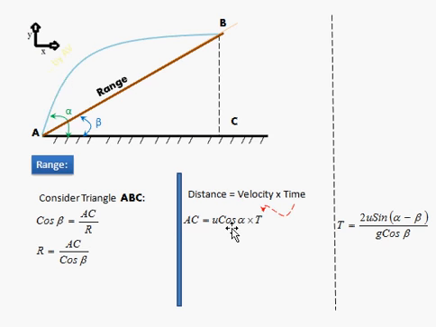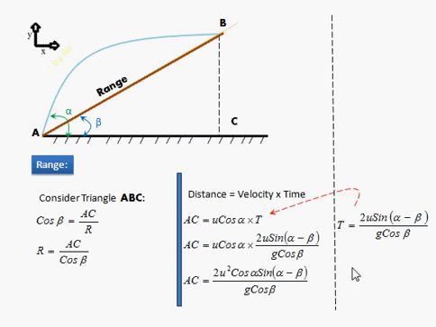And of course time t. Even though we are concerned about AC, the time taken by the particle to reach this position will be capital T. So I am taking the same t here. Since we have derived the t previously, I am utilizing that t here. So with fewer steps we found AC, and substituting that AC here, we derive the formula for the range.